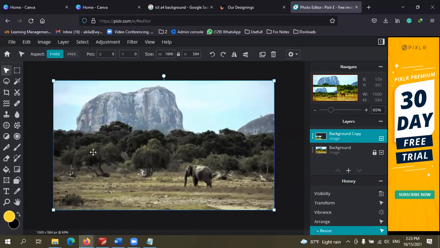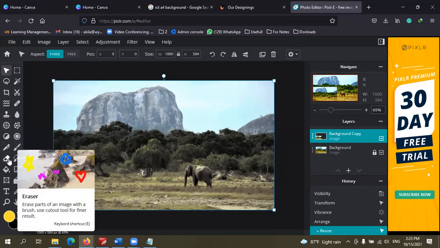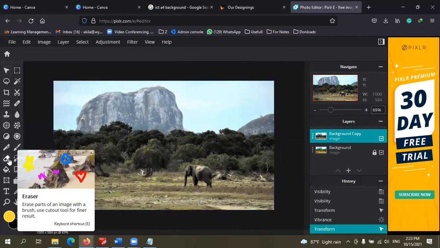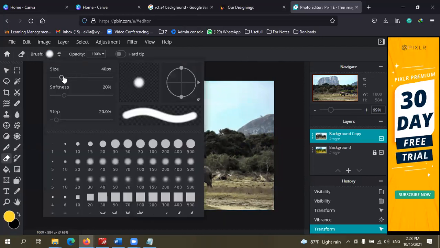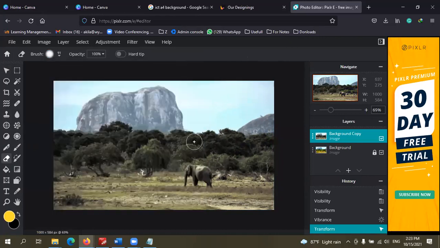And now we are going to learn a tool here. That is the eraser. This is the eraser tool. Click on the eraser. From here, you can select the brush. This is the option bar. Select the brush and the size. Then I'm going to erase.